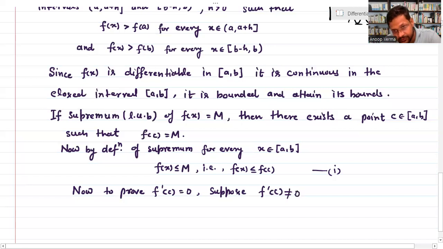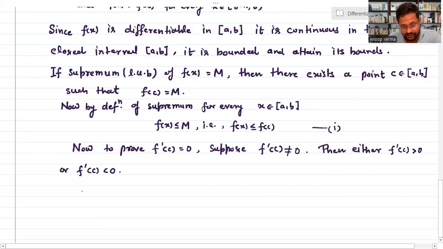Not equal to zero. सो अगर ये हमारे पास जीरो नहीं है तो या तो इसका वैल्यू पॉजिटिव होगा या फिर निगेटिव होगा. तो then you can say either f dash c is positive or f dash of c is negative. तो अगर हमारे पास पॉजिटिव लेते हैं, सपोज दैट इफ आई एम टेकिंग पॉजिटिव, तो इफ दिस f dash c is positive,